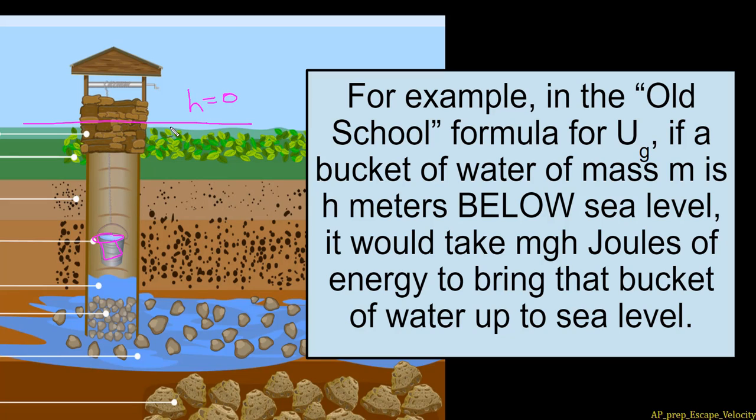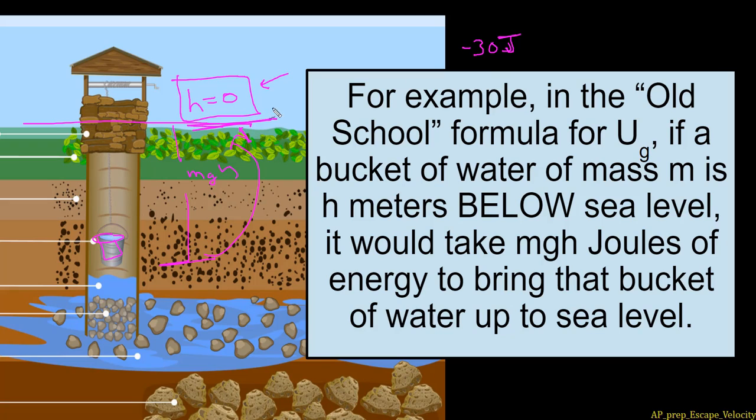If you calculated your mgh, you would have a negative number, let's say minus 30 joules. What does it mean that the bucket of water has negative 30 joules of total mechanical energy? It means that in order to get to sea level, where I have no stored energy,